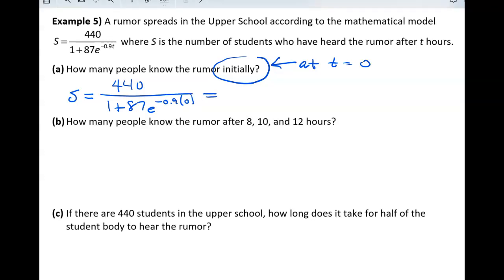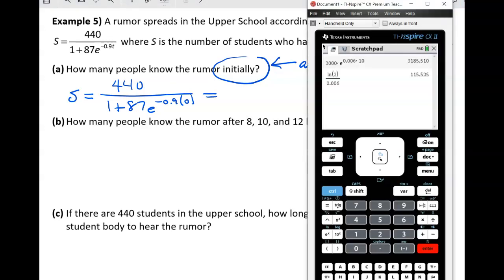Now, again, we don't have to solve for it, we just have to enter that value into the calculator. Let me clear that screen again, menu 1.5, and we'll want to use control divide for the horizontal fraction bar. 440 goes on top of the fraction, cursor down to get into the denominator. 1 plus 87